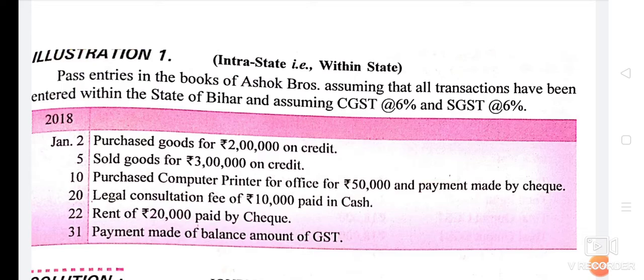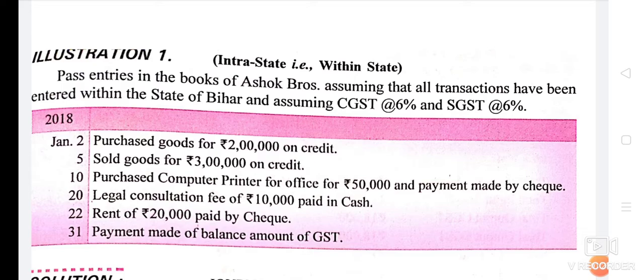See the problem. Pass entries in the books of Ashok Brothers, assuming that all transactions have been entered within the state of Bihar. So he is working within the state of Bihar, Ashok Brothers. Assuming CGST at 6%, SGST at 6%. As the transactions are within the state of Bihar, this is the example of intrastate transactions, and so we have to think about CGST and SGST only, not about IGST,